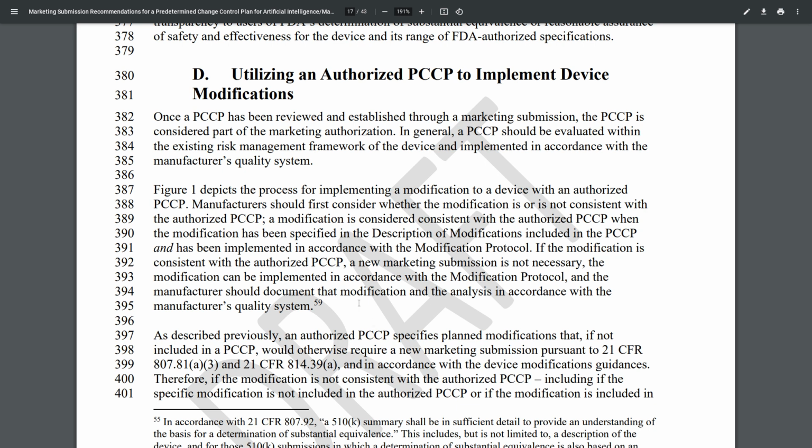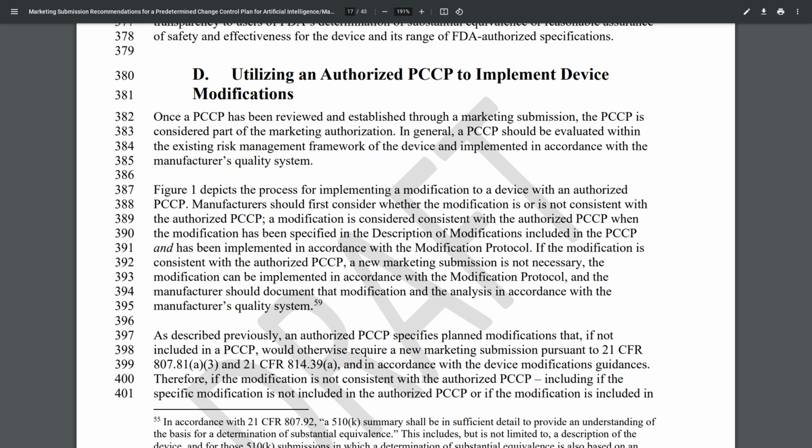As described previously, an authorized PCCP specifies planned modifications that, if not included in the PCCP, would otherwise require a new marketing submission pursuant to 21 CFR 807.81(a)(3) and 21 CFR 814.39(a), and in accordance with the device modifications guidances.